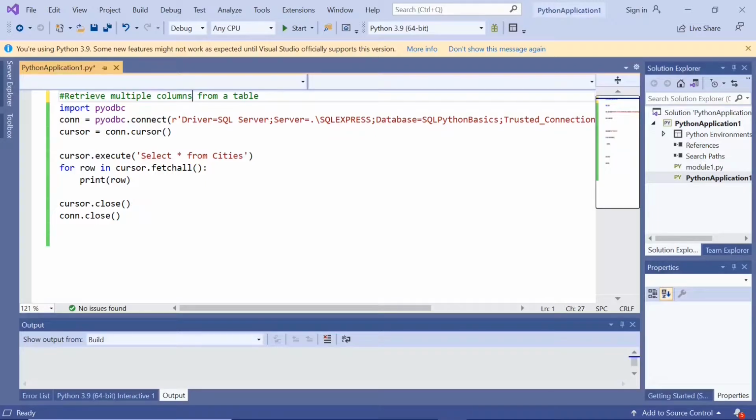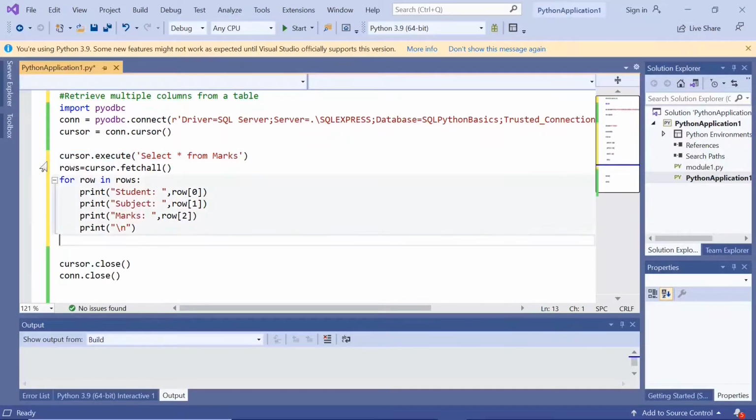The connection part remains the same, and then the closing part remains the same. We'll change this part of the code. Here we are taking cursor.execute, select star from marks. This is the table we are using, and rows is equal to cursor.fetchall, and for row in